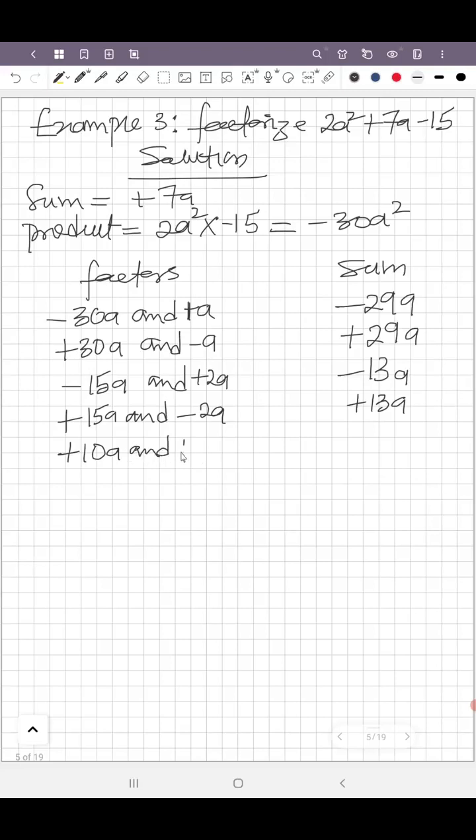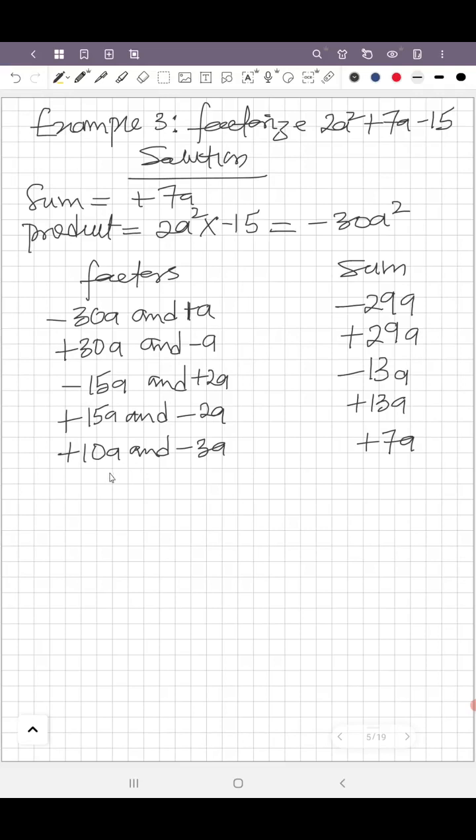and plus 3a, minus 3a. So when you add this together, plus 10a and minus 3a give us plus 7a. But when you multiply plus 10a by minus 3a, it gives us minus 30a squared. So therefore, that is what we are looking for. But for example,